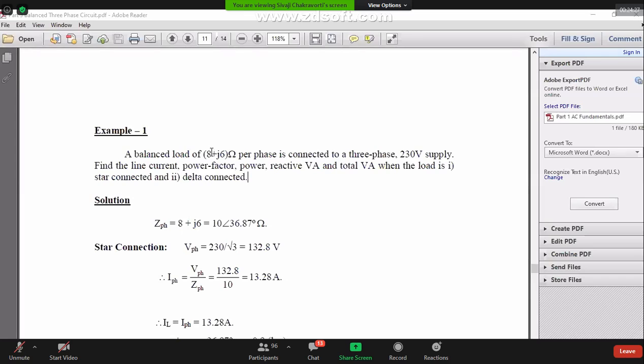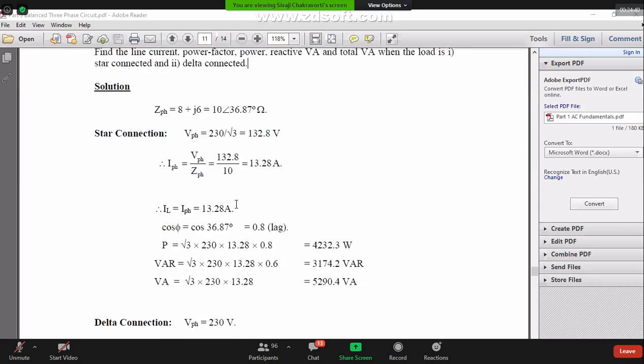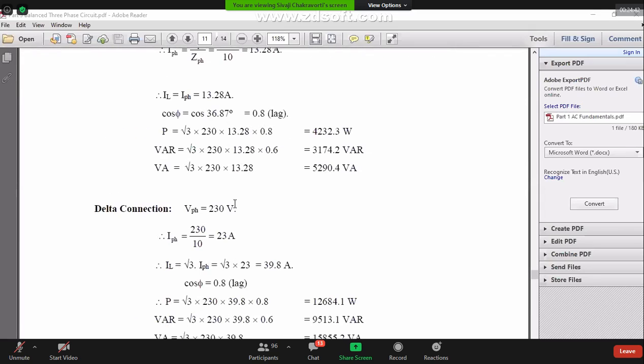problem. This is a very simple problem, but why am I showing you this? This has a great practical idea from this problem. It is not just a problem. Now you see that the three-phase system is the same, impedance per phase is the same, only the connection is different. One is star, one is delta. Then what has changed? Again, I repeat, impedance is the same, three-phase voltage is the same, only it is connected either in